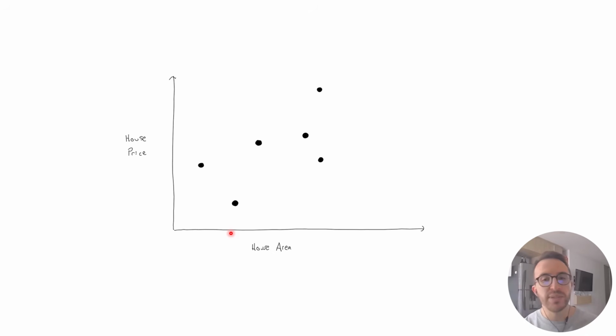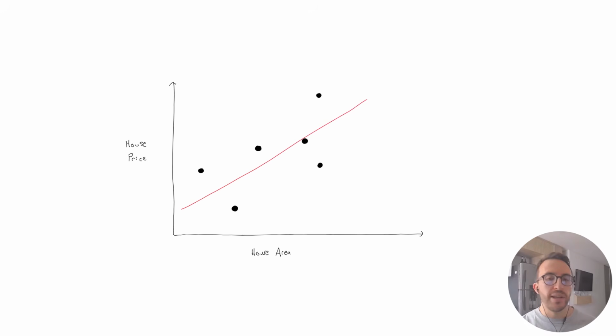But if you wanted to do it through machine learning, the first step that you would need to do is to gather a lot of data points of real houses, their square footage, and their price. And you could plot them like this. Okay, that's the first step. Now, the first thing you'll notice is that there's an upward trend that could probably be captured by a line. And so you, as the machine learning practitioner, decide, okay, I think this pattern could be represented by a line. And so you draw the line of best fit.